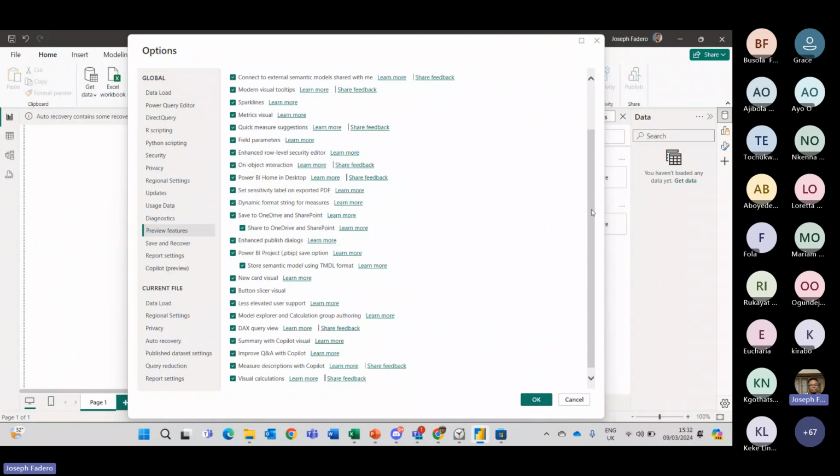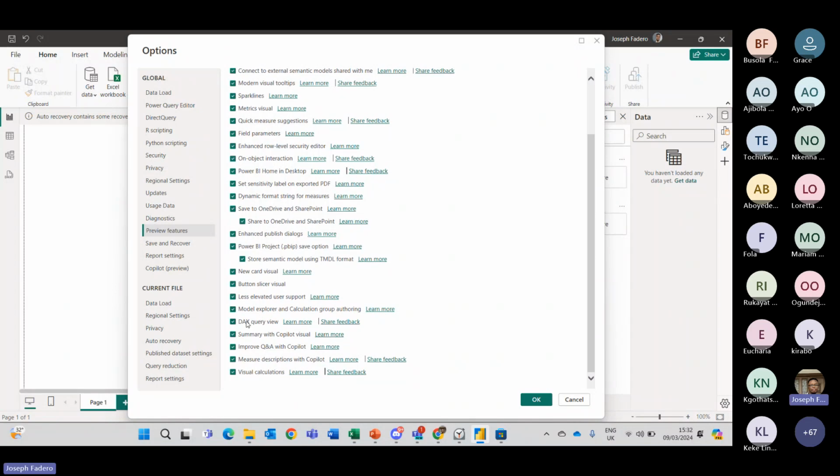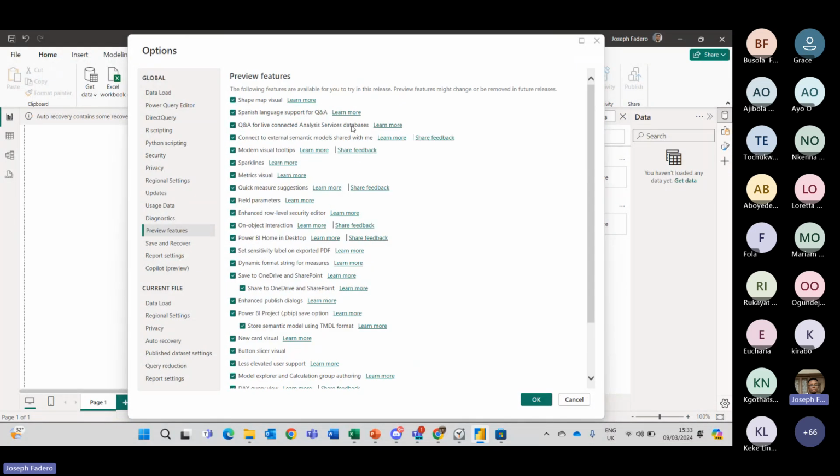You can also check DAX query view. You can check the button slicer visual. If you know you'll be utilizing all of these features, I advise you can check them all. You can read a little bit about it and learn what they do.